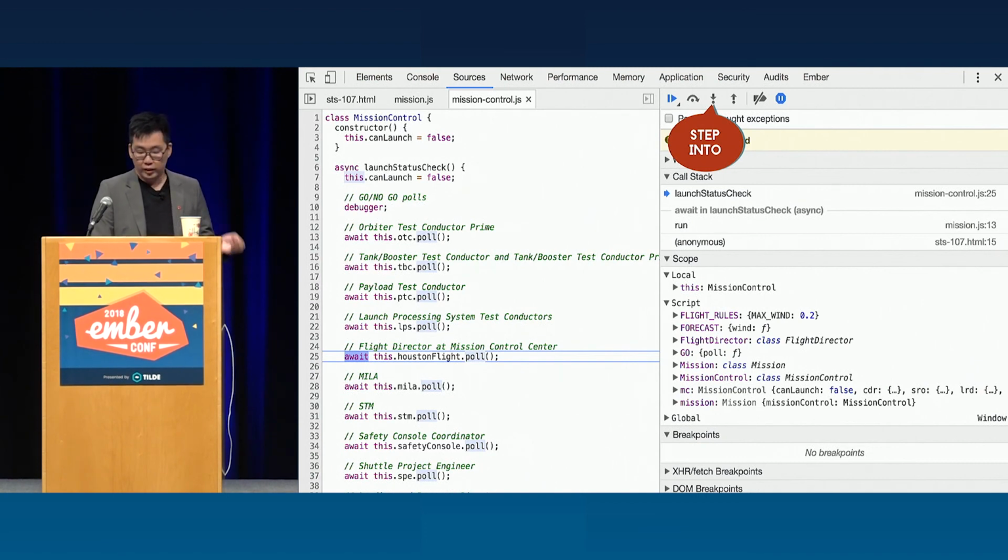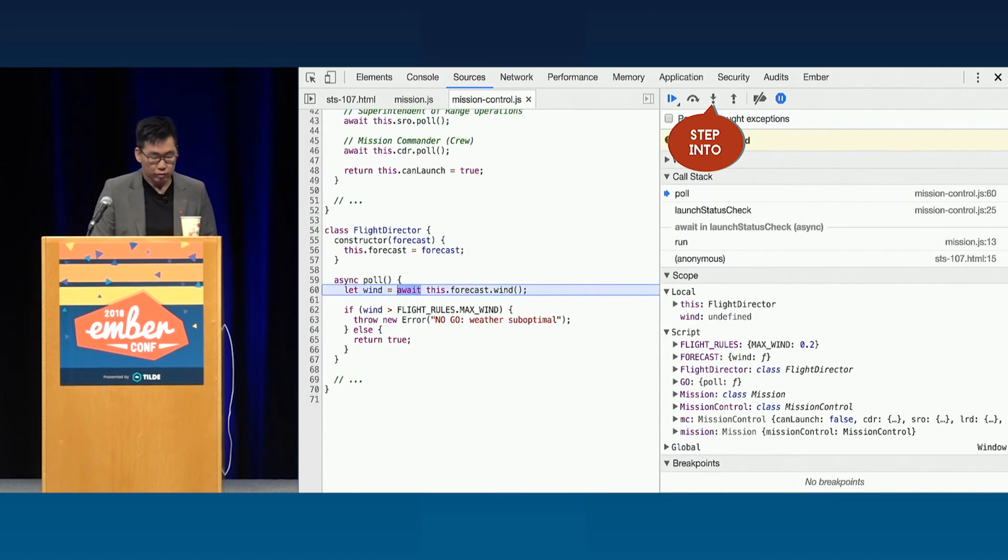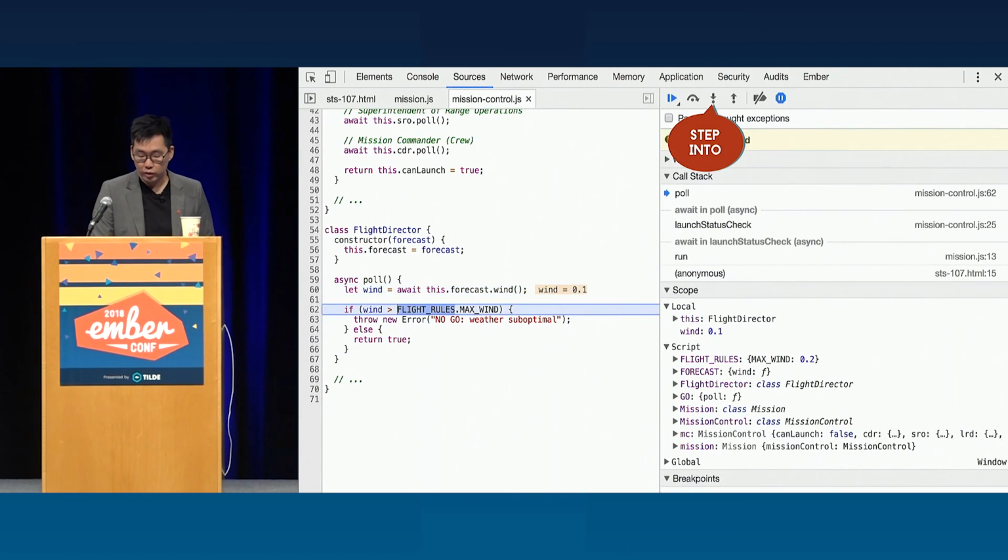That's where the step into button comes in handy. Instead of just calling the function and going over to the next line, it brings you into the implementation of the function. Once you're inside, everything works exactly the same way. You can keep going forward one statement at a time. You can keep going deeper if you want. And in this case, I'm happy with what I have seen here, so I decided I don't need to micromanage them any longer,